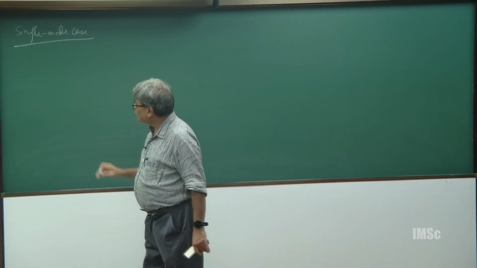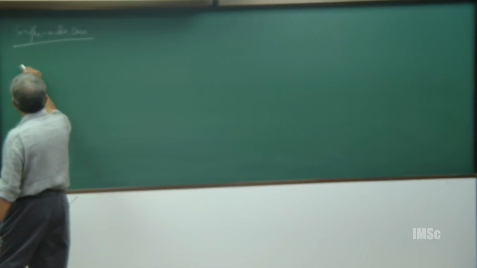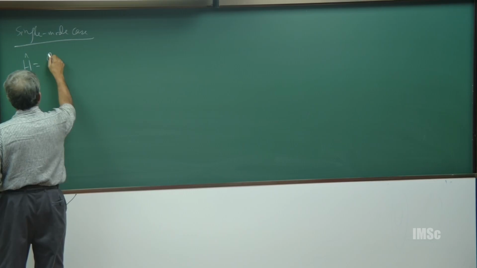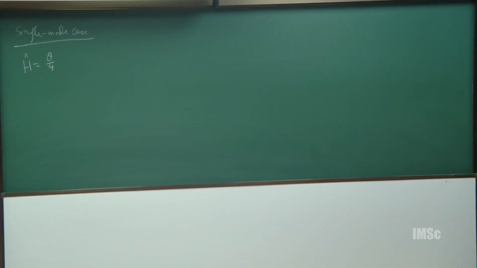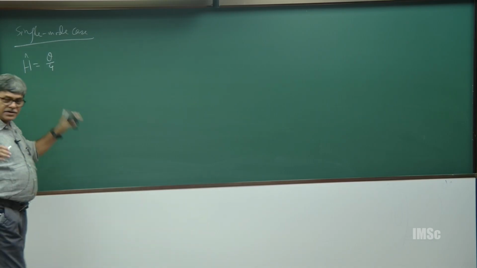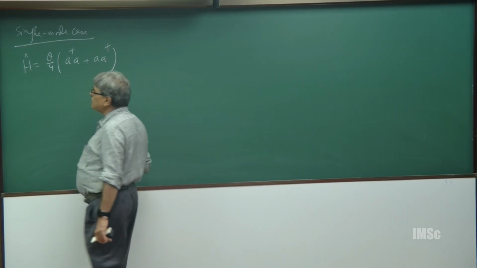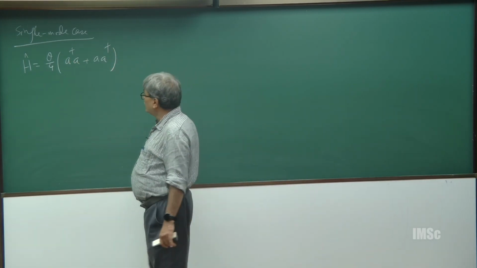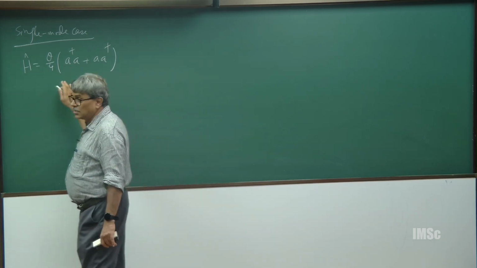One is that, let me take it like H is equal to, say, theta by 4, now this 4 factor is because of some calculational purpose, I could have taken just theta, times a dagger a plus a a dagger, and you remember this is something like a rotation in phase space. Okay. So, this is my Hamiltonian,